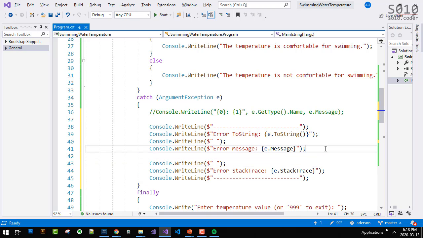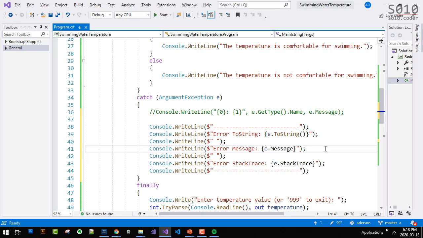Just give some space in there. So I'm going to print out all of them.